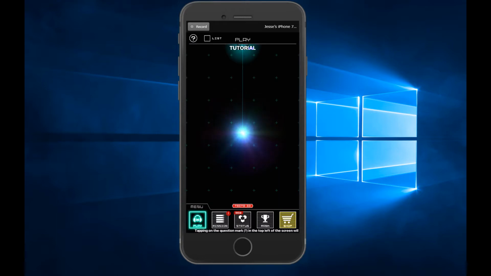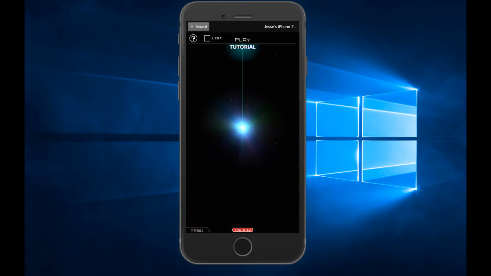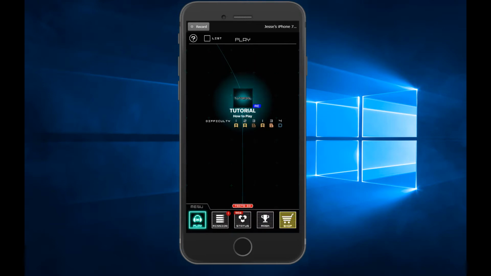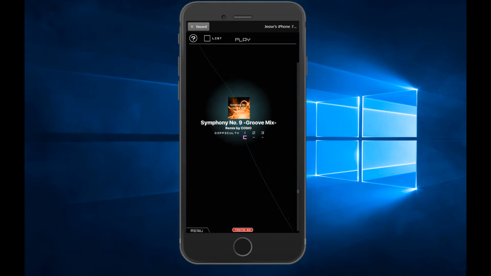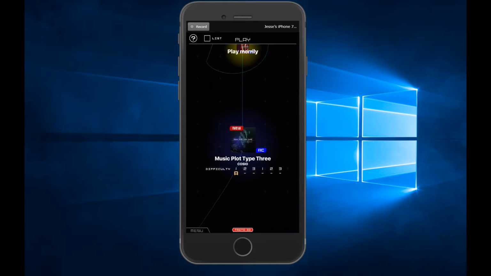Then you have your main map area here. This is just your starting point. This is your first level, or your first song, which we're going to go to in just a moment. I'll scroll up here so you can see this winding white path.